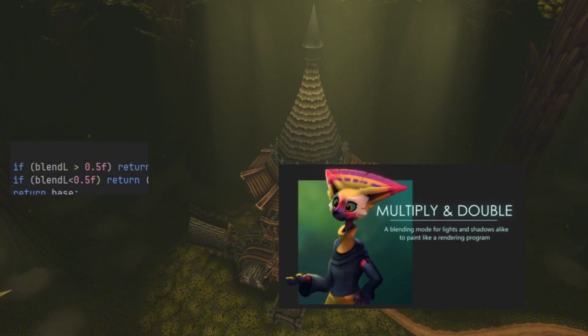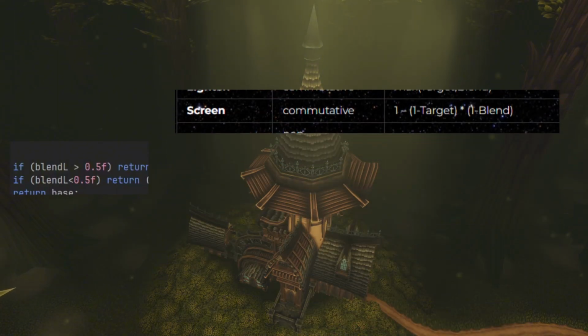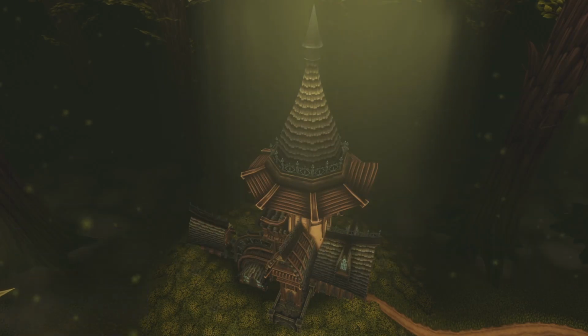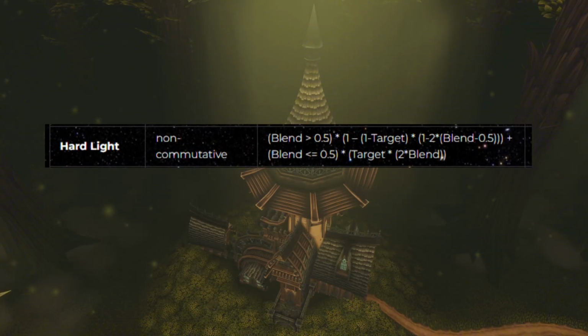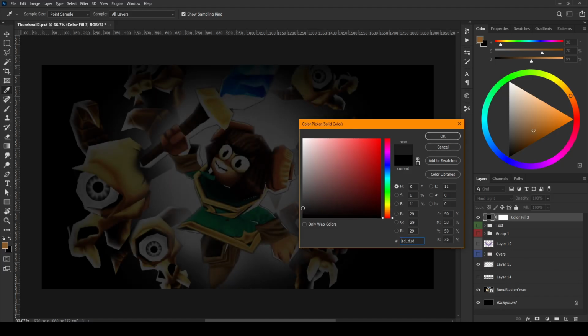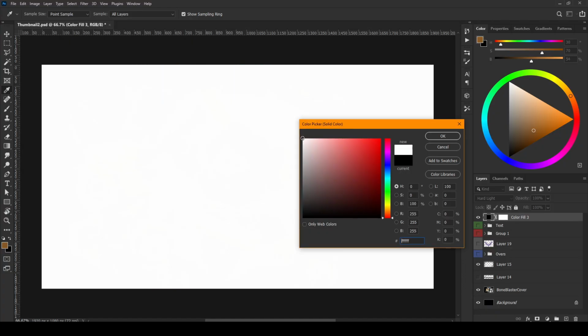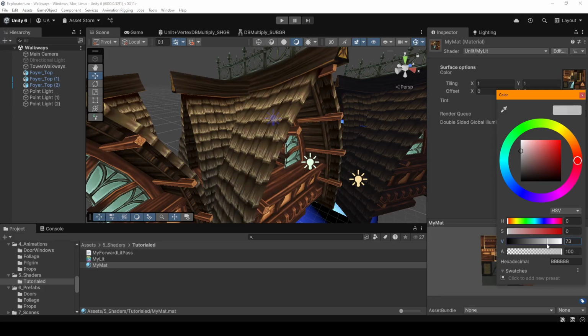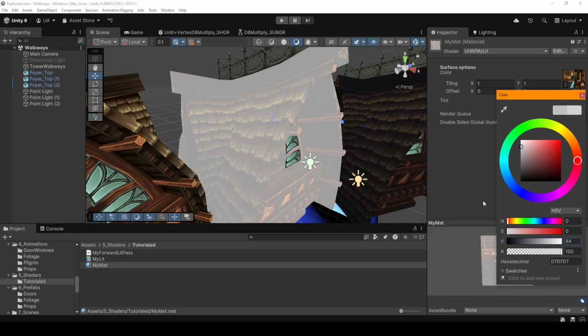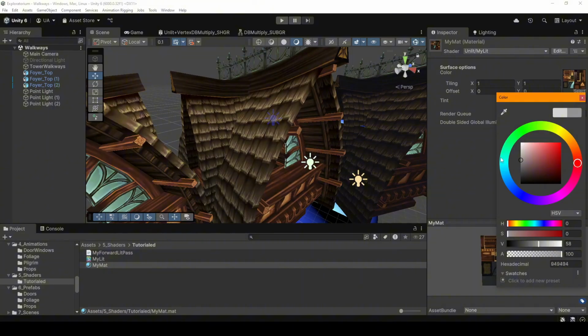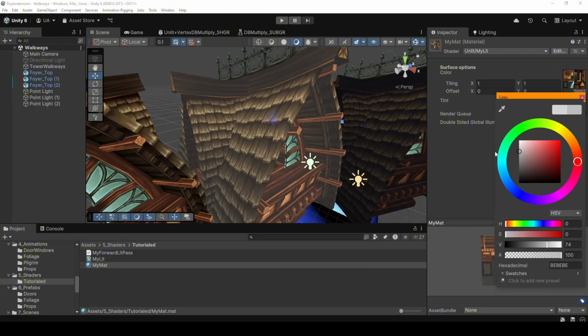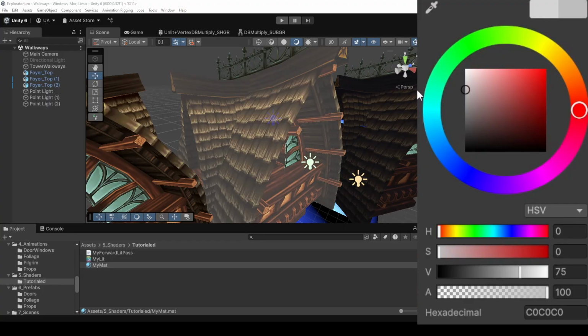Double multiply for values below 0.5 and screen for values above 0.5. At that time I didn't realize this is exactly how hardlight works. It separates the formula into below and above 0.5 and uses multiply for one and screen for another. It all looked fine and dandy until I noticed something. A sharp jump from an OK light progression to this washed out terrible mess of a color. The thing is, I expected the formula to give this blend look. What I did not expect was that this jump happened not at level 0.5, but at